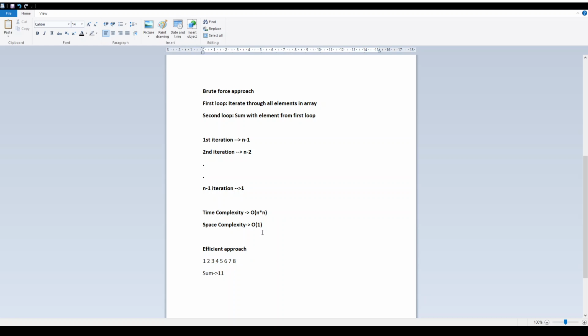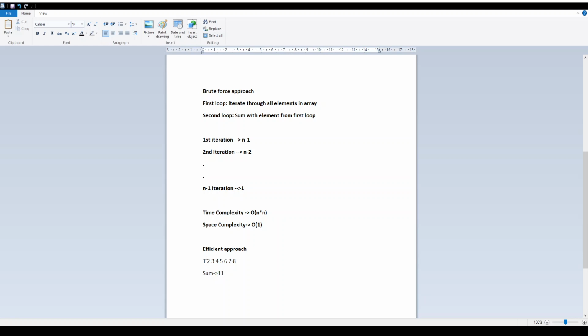I hope you already got the approach: until we find the required sum, we move our pointers, the low pointer from left to right and the high pointer from right to left, depending on how close we are to the sum. We have to come close to it.